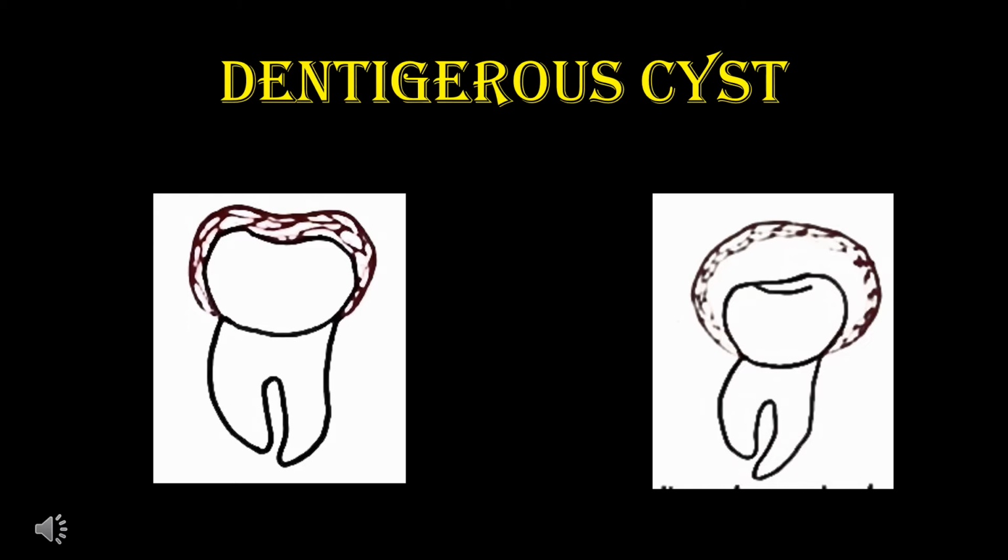surface. So you have to remember three things regarding dentigerous cyst: one, an unerupted tooth; two, a separation; three, an attachment. The dentigerous cyst always involves an unerupted tooth. Second, separation: you will always see a separation between the reduced enamel epithelium and the crown surface. Third, the attachment: you will always see the attachment from one CEJ to the other CEJ. So these three things are very important regarding the dentigerous cyst. Just remember these three aspects.